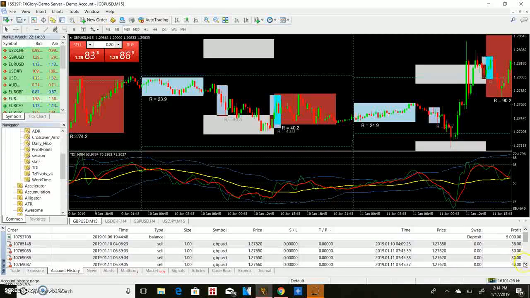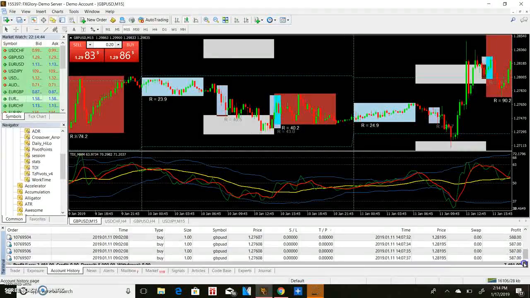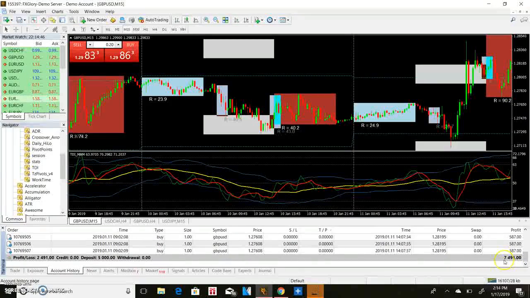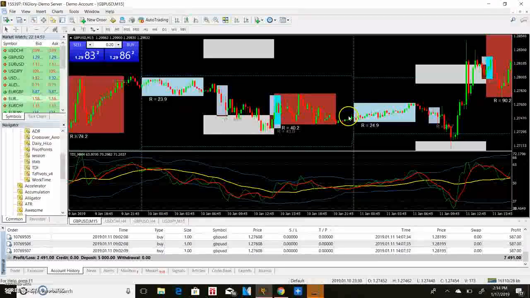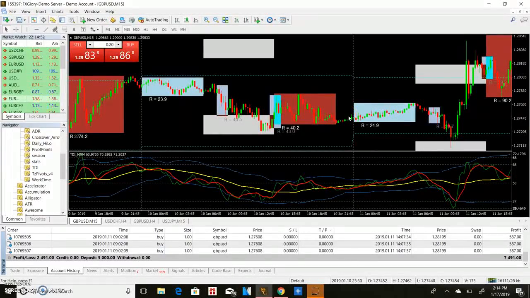Oh, wait. Let me come down. Then 140, 140, 140. Then I won 588, 587, 587, 587. Now the account is at 7,491, y'all. So this is demo, but I'm gonna trade some real live stuff for y'all and let y'all see. But I made $2,000 as y'all can see right there. But other than that, that's the